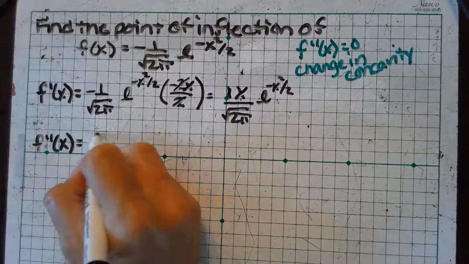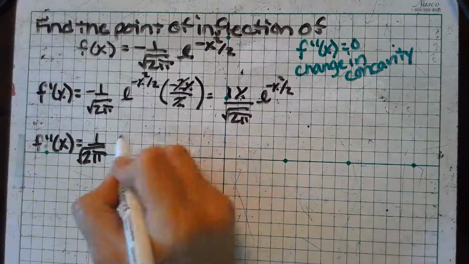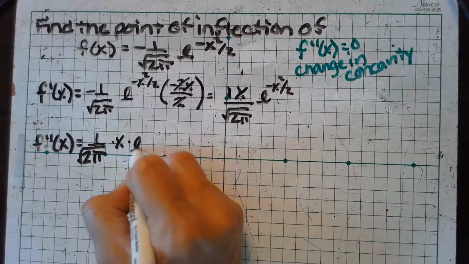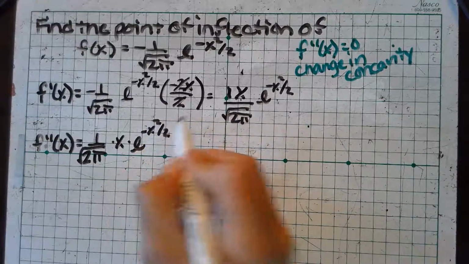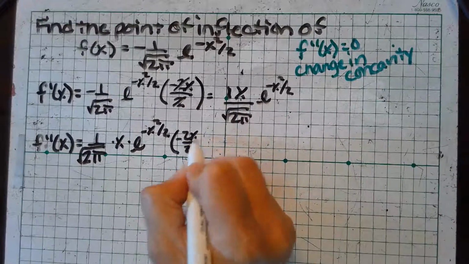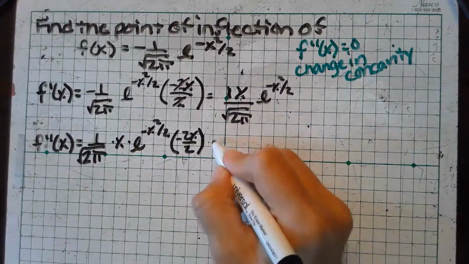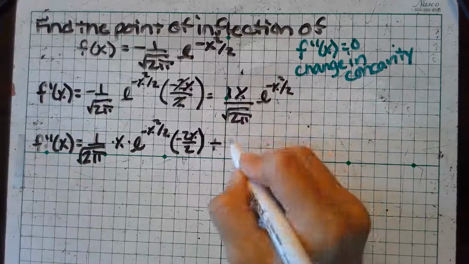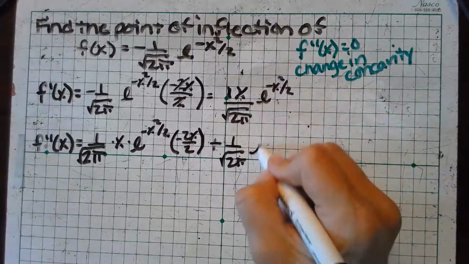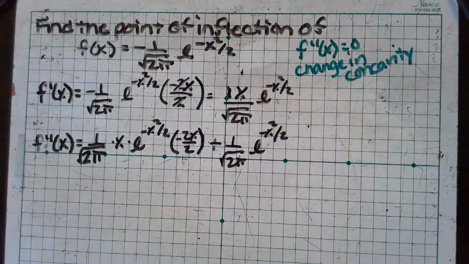Okay, so I'm going to have 1 over square root of 2 pi. I'm going to keep the x, and then I say derivative of this. That's e to the negative x squared over 2, and then times negative 2x over 2. All right, I'll clean up later. Plus, now I still keep the 1 over square root of 2 pi, and then multiply it by e to the negative x squared over 2,